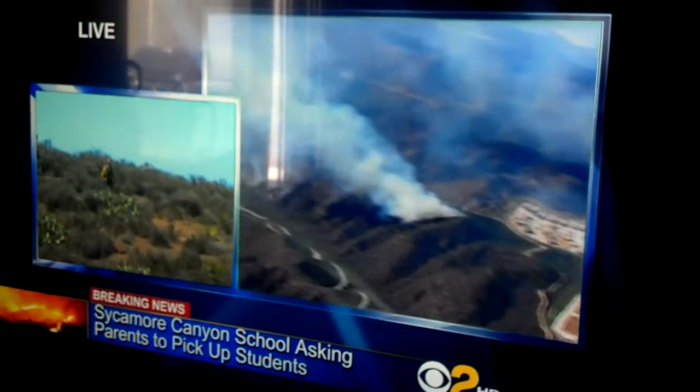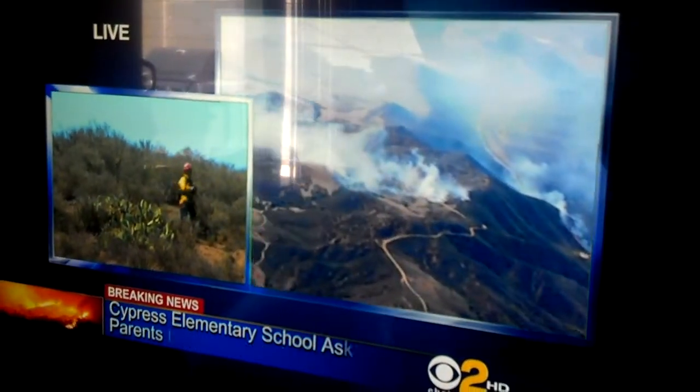watching. This is the area that the firefighters, the CAL FIRE guys, and all the aerial assets are going to try